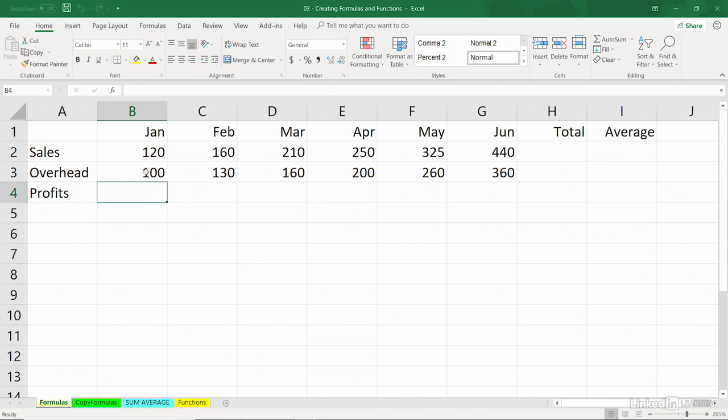The total here is going to be 20. We're going to be subtracting these two cells. But we don't type 120 or 100. All formulas in Excel begin with the equal sign. And although we can occasionally and want to use external numbers, most of the time we use addresses. We want to say, in effect, whatever is in B2, from that we want to take away whatever is in